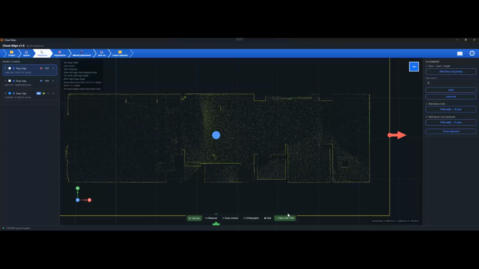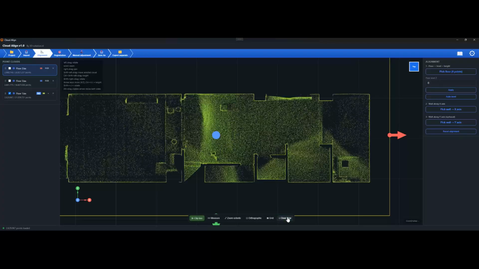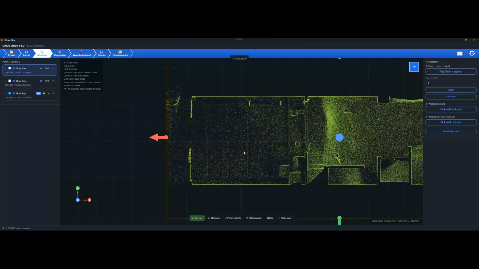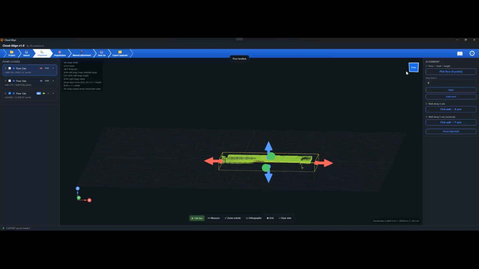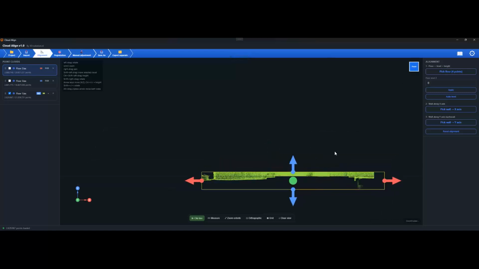Watch out for obstacles on the floor here, like furniture or debris. A point picked on top of something instead of the floor itself will throw off the whole calculation. CloudAlign calculates the floor plane from those 4 points and levels the entire scene to it in one click. There's also an auto-level option if you'd rather skip manual picking entirely and let the software estimate the floor for